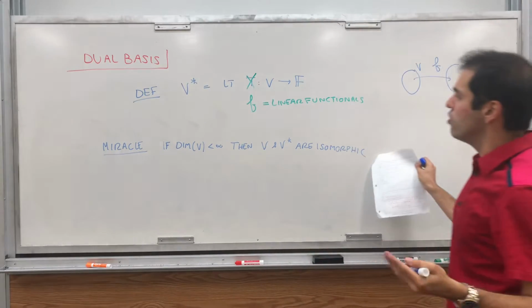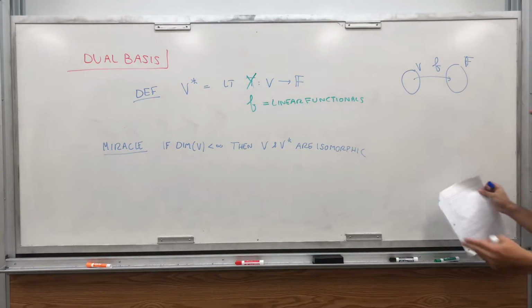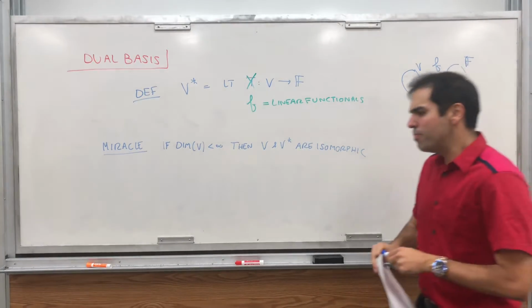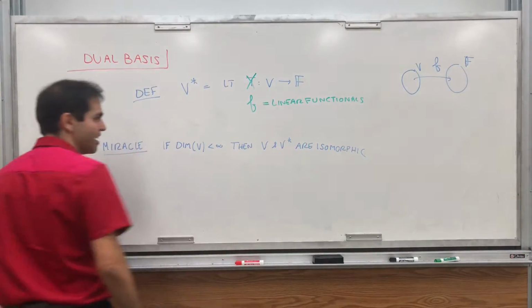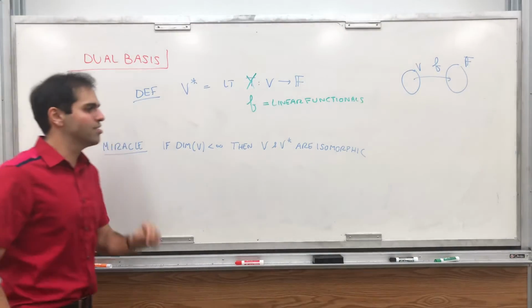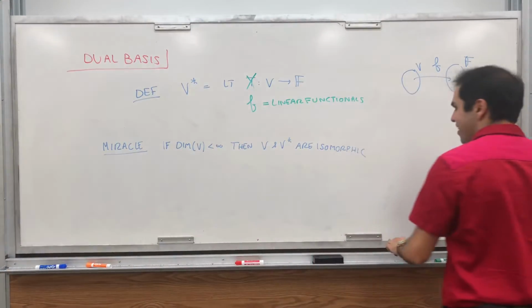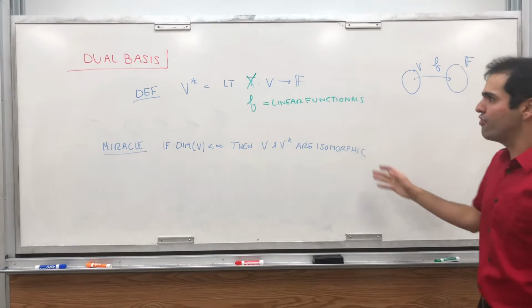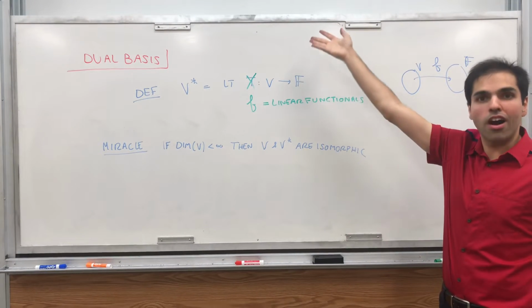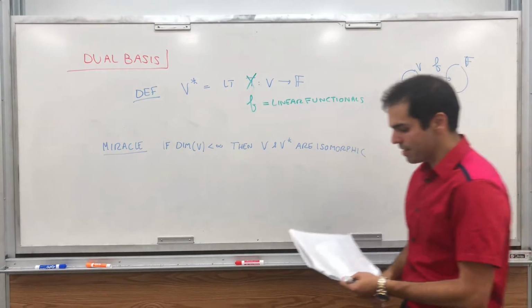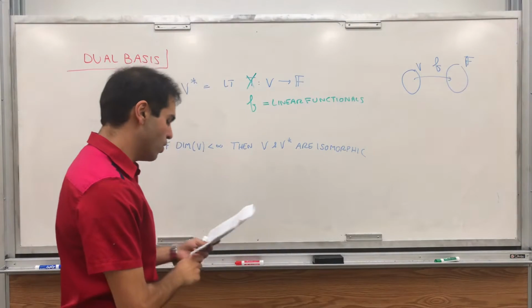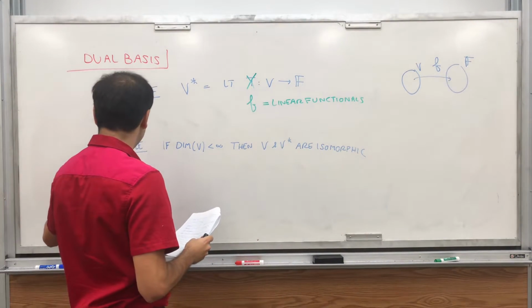The proof just relies on noticing that V star and V have the same dimension, but if you weren't satisfied by this, I also wasn't satisfied. But it turns out there's a better way of showing they're isomorphic, which leads us to a concept called a dual basis. So for this video, assume that V is finite dimensional,